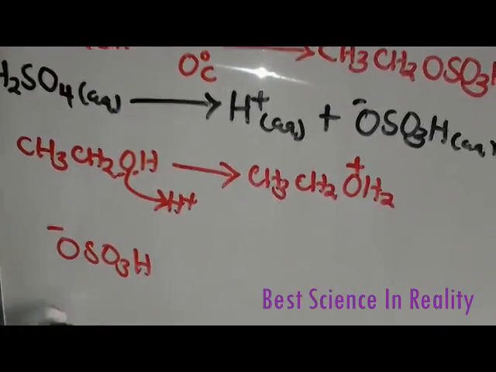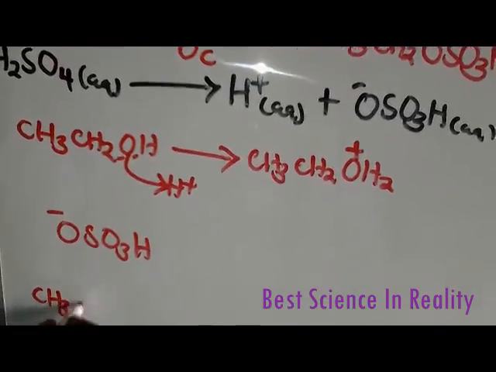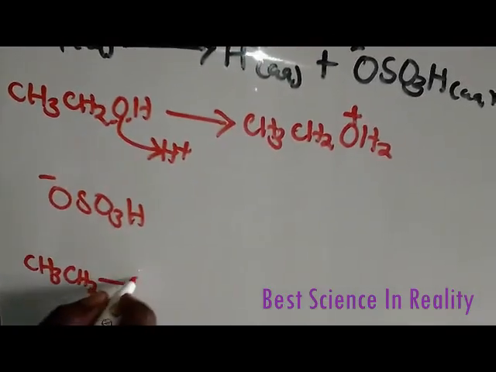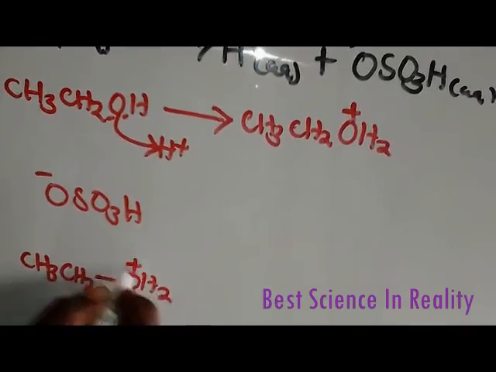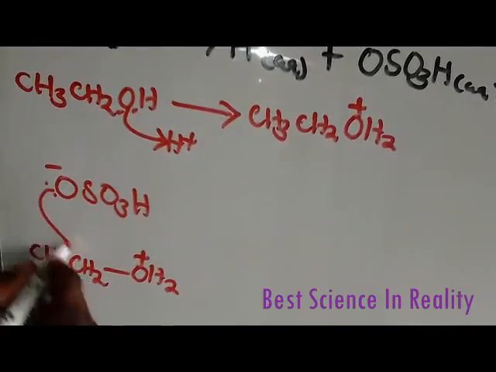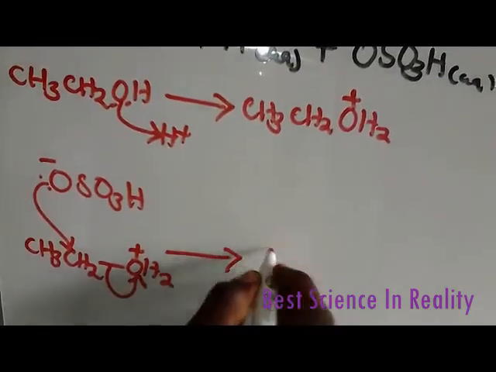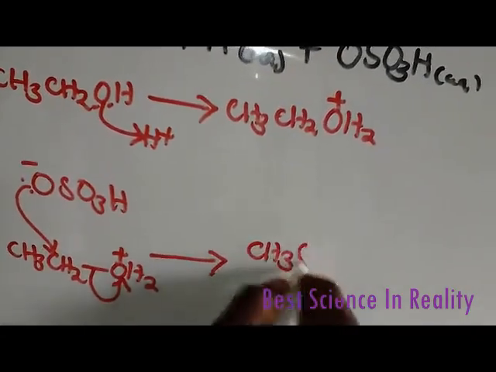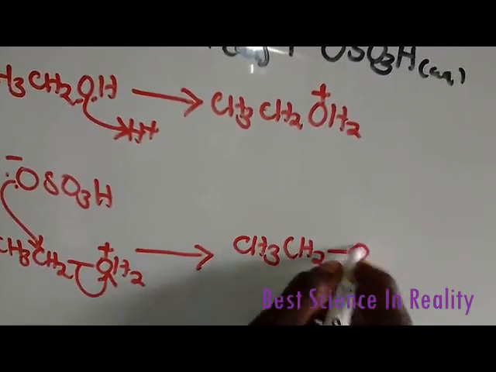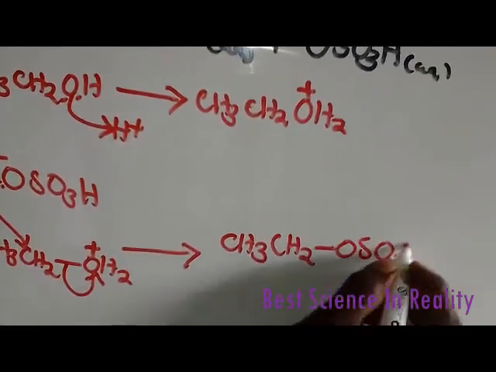It's negatively charged, and this is CH3. So it's going to attack this carbon, and this water is going to go off. I shall end up with CH3, CH2, and we have obtained our